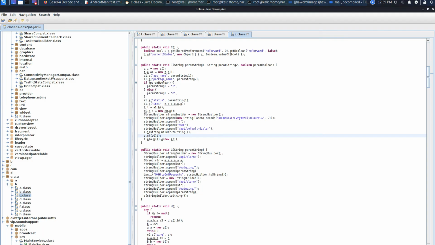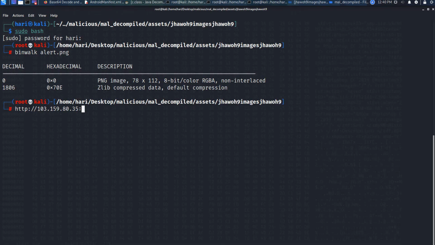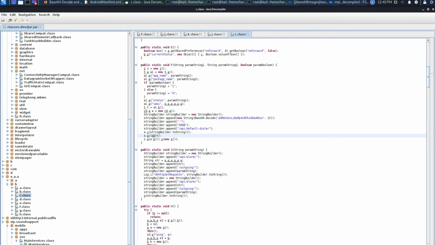Let's look at what it is. What it is actually trying to do is again build the string. After that, semicolon, then 6988, semicolon 6988. It's actually making the URL something like this. So what this application is doing is gathering all the data the attacker wants to take, using the socket. He is establishing the connection and connecting to this IP address and this port.